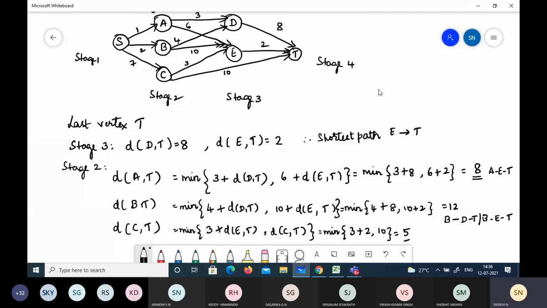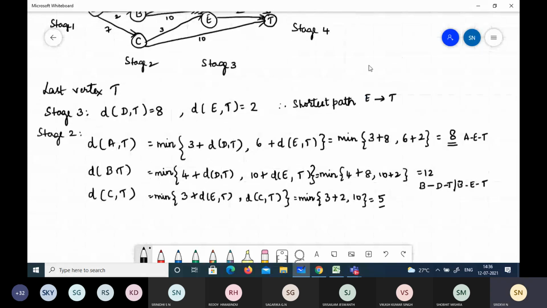And what about the path? The path is C E T, isn't it? This one, C E and then to T. C E T is the path, right?